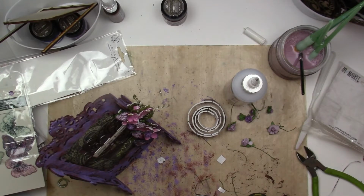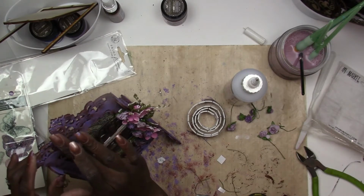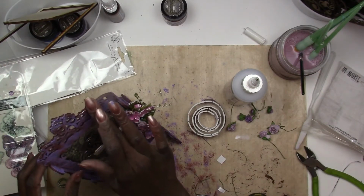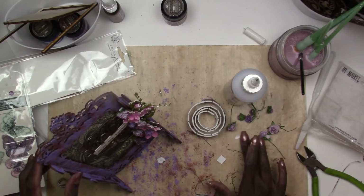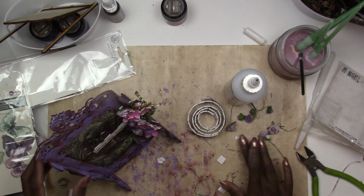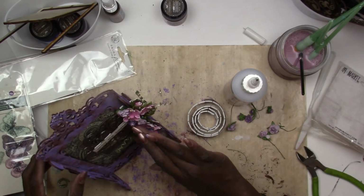I'm going to squeeze this out. Then I'm going to add a little to the mat. And the best way to use your wax is with your fingers and just kind of rub it on some of the high points. So add a little bit there. Don't want to use too much. You can even add some onto the flowers. I've added a little bit onto the purple flowers,